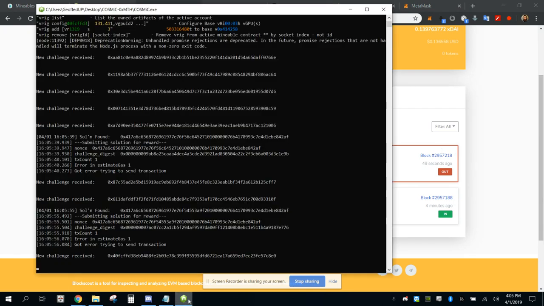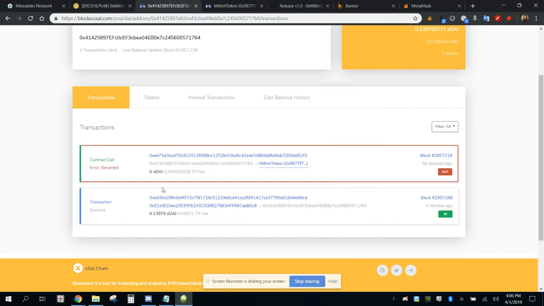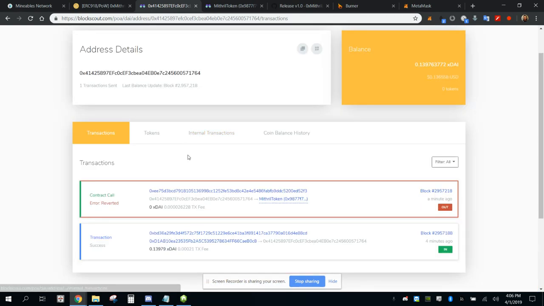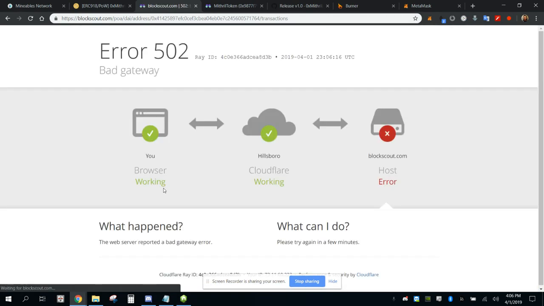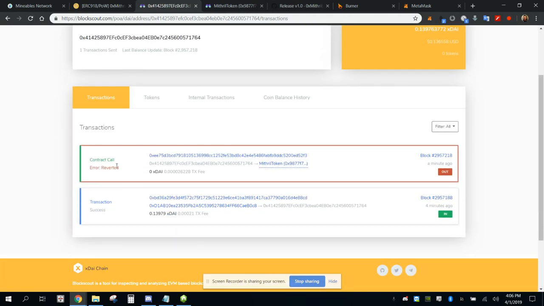See, we found a solution. As you can see, we've actually found two solutions, but they were reverted. The reason you're going to see a lot of error reverted is because there are a lot of people competing right now. Oh, this is a pain in the butt. I think their Block Explorer can't handle the amount of people trying to mine on it currently. But the reason you'll see a lot of these error reverted is because there are a lot of people trying,